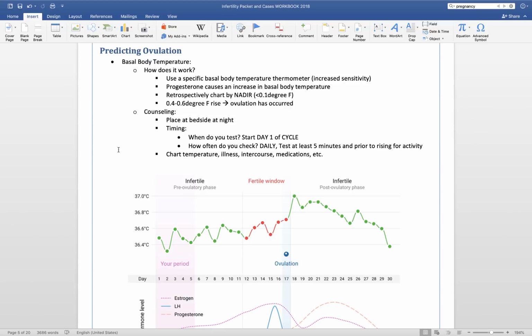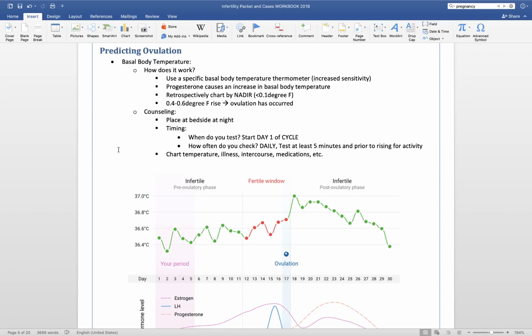I personally usually recommend the ovulation predictor kits for patients because basal body temperature is a little bit more time intensive and has about a month delay until you can find out when you might be ovulating. So how does it work? For a basal body temperature measurement, you have to have a specific basal body temperature thermometer, and it has 2 decimals, so it would be like 98.62, because you need an extremely sensitive measurement in order